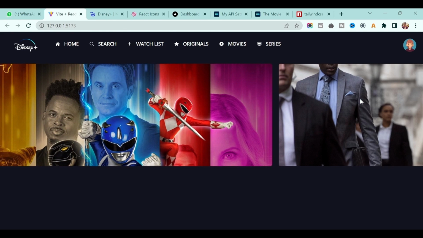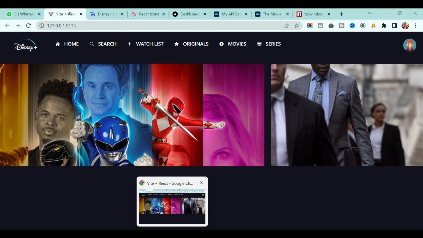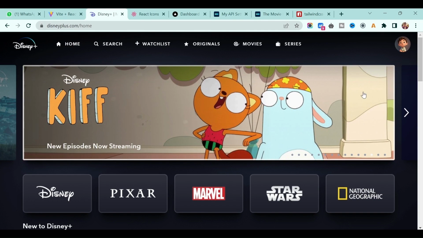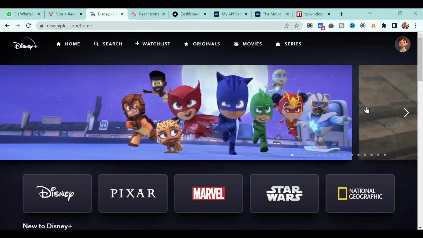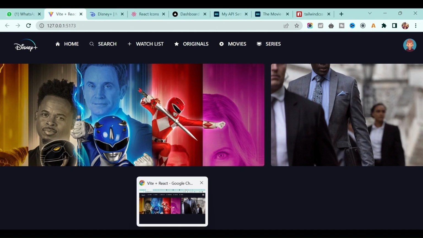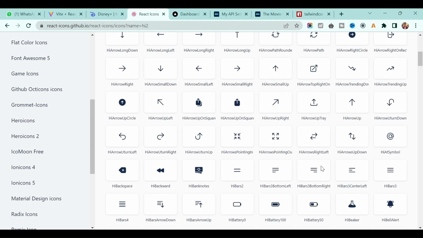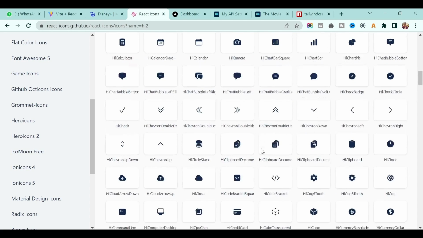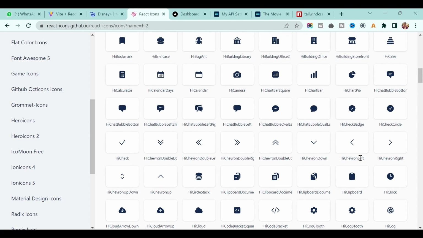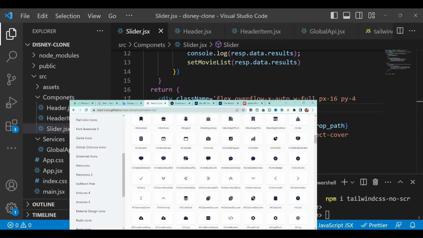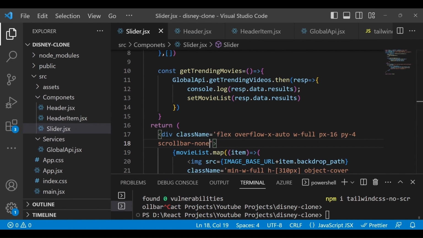Okay, perfect. Now the next thing that we want is to add these buttons. So I will use Hero Icons again, and I will use this chevron left and right. Just copy that one. I already have it.